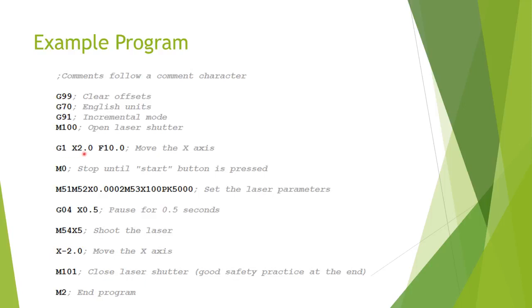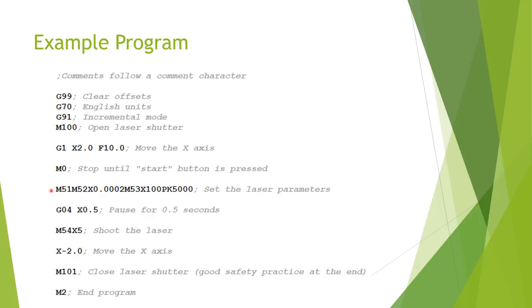And the X2 means that we're going to be moving the x-axis 2 inches in the positive direction. The number following the letter F determines how fast you're going to move, and in this case it will be at 10 inches per minute. The M0 that follows is a stop command. It will stop the program indefinitely until the user presses the start button on the machine control panel. These can be handy for a number of reasons, but assuming you press the start button, the program would move